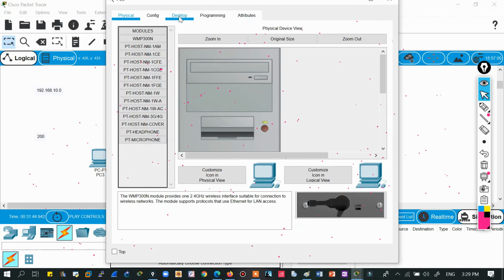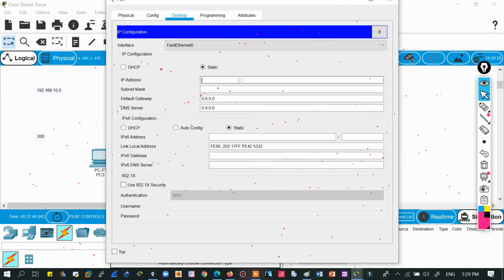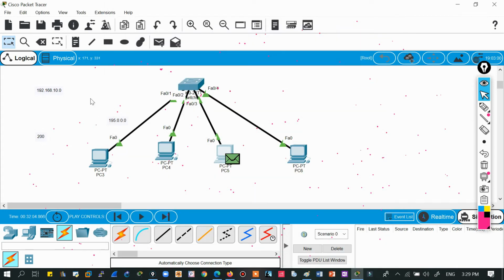But what if I change the address on this PC? See, if I use 195.0.10.1, this is class C, this is the network ID, but this is some different network. Let me tell you the difference: this is .1, this is .2, and this one is in some different network, .10.1. This switch is meant to make communication within a single network. Let's see if this can ping this.